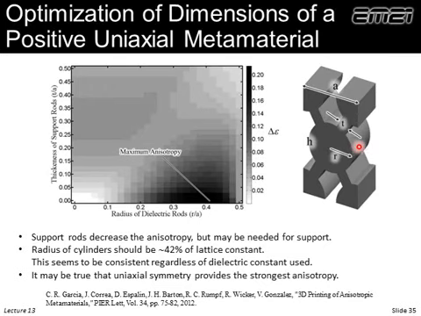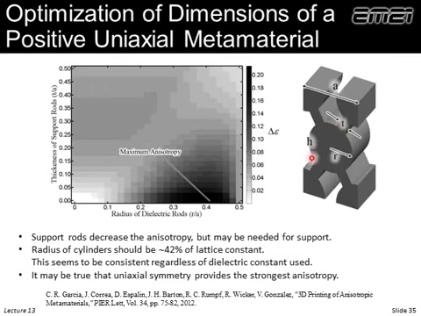A biaxial metamaterial. So given these, we want to optimize all these different parameters and try to get the strongest amount of anisotropy. And of course, what we found is this dimension T should be 0. So electromagnetically, we don't want those there. Structurally, we have to have them there, so we're forced to have some T. So the rule of thumb is we make these supports just as thin as we possibly can, so that it still can support itself and form well.